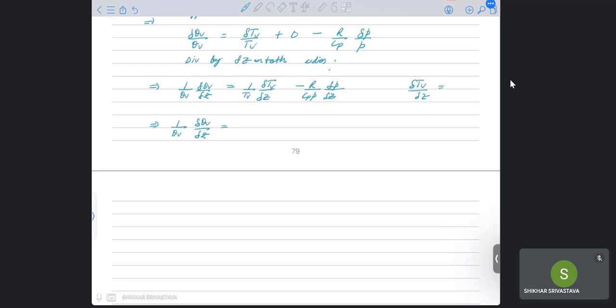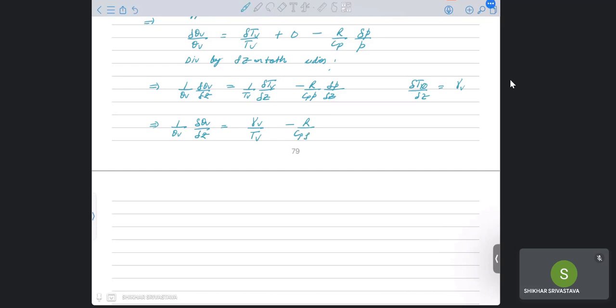It's the lapse rate of the environment, so it will be gamma V. It is the lapse rate, the rate at which the environment temperature is changing with height. So it will be gamma V upon TV, and this will become